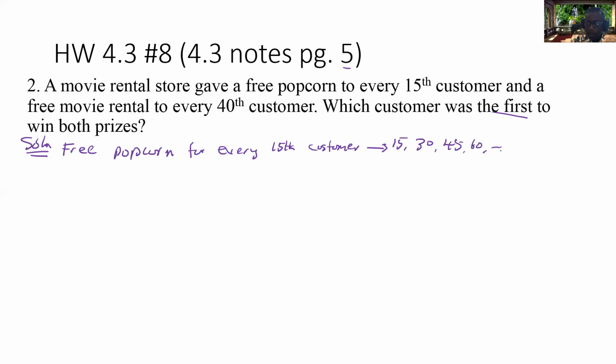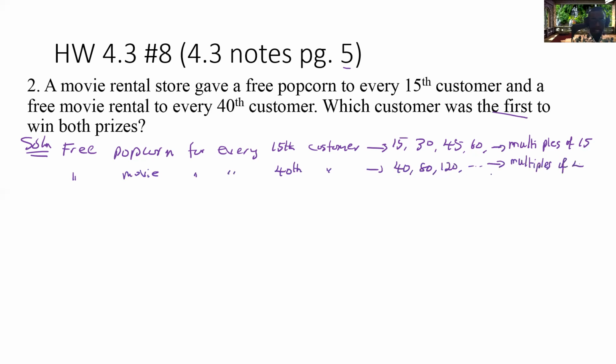Now, what are these? These are multiples of what? Of 15. Now, similarly, we're giving a free movie rental for every 40th customer. As you can see, the first to receive a free movie will be the 40th customer, the 80th, the 120th, and so on. So again, what is this? These are multiples